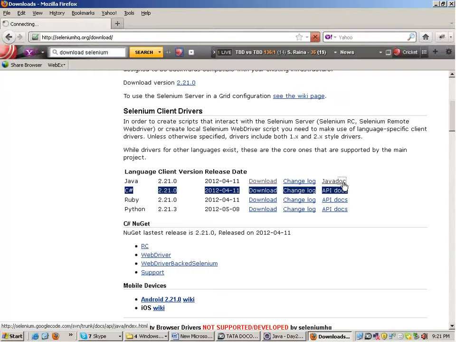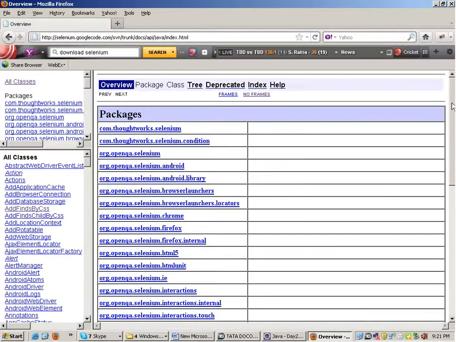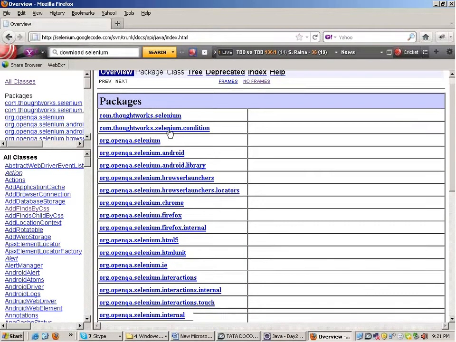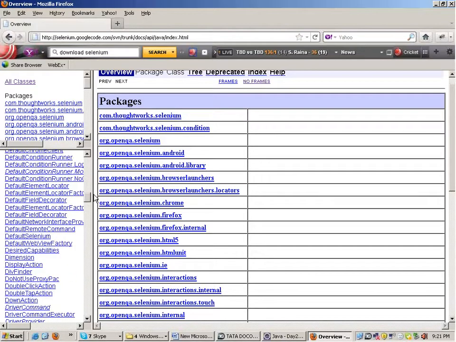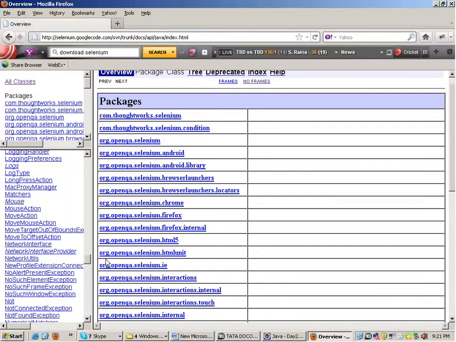If you refer to the Java docs of Selenium, you will have an all classes option over here. These are all the inbuilt classes which are present in those jar files.